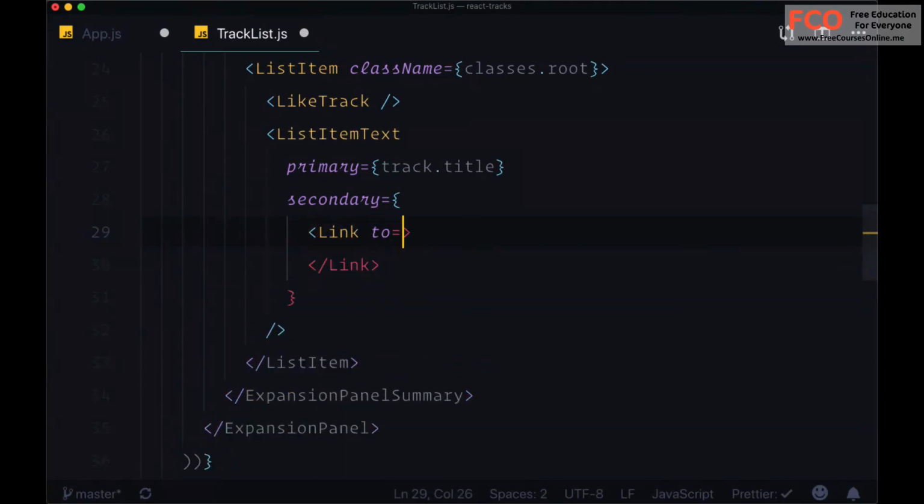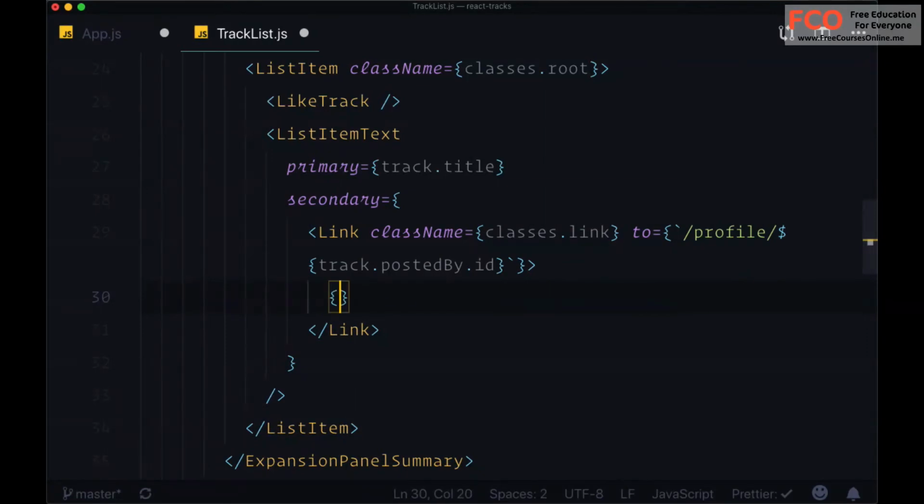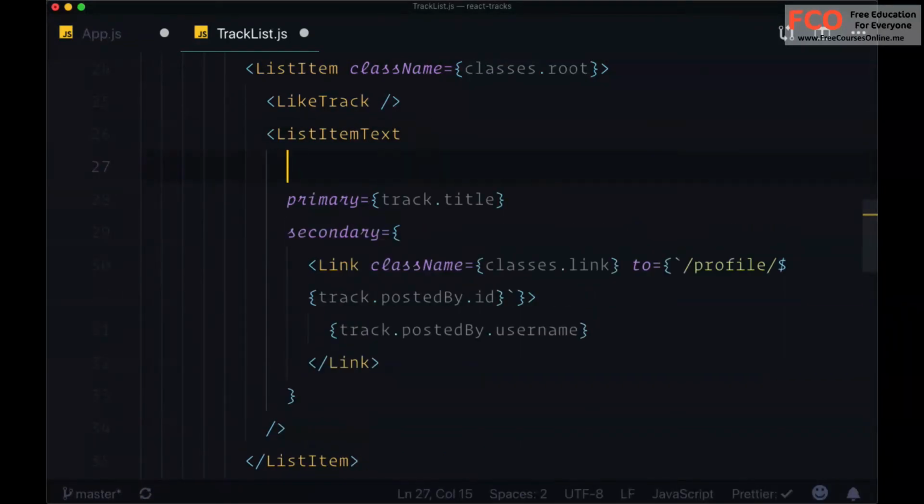This is going to be a dynamic path where we'll use template literals, and again we'll say /profile/ and then interpolate the user's ID, and that's going to come from track.postedby.id. And this link will also have the class name classes.link. Then within the link we want to display the username of who posted the track. That's going to come from track.postedby.username. And then to style this primary text, to style the title of the track, we can add some primary